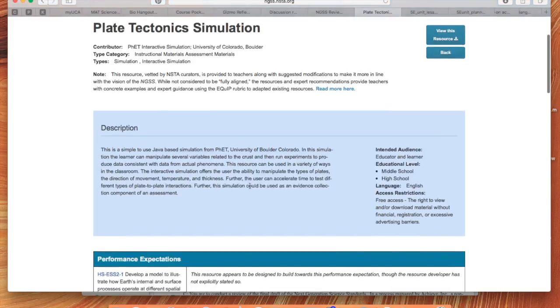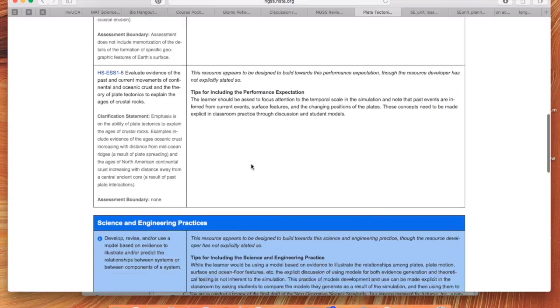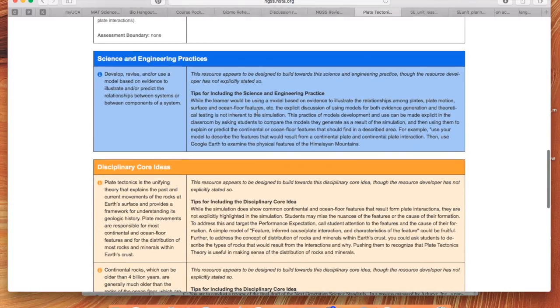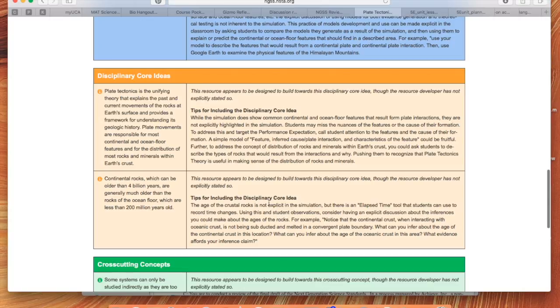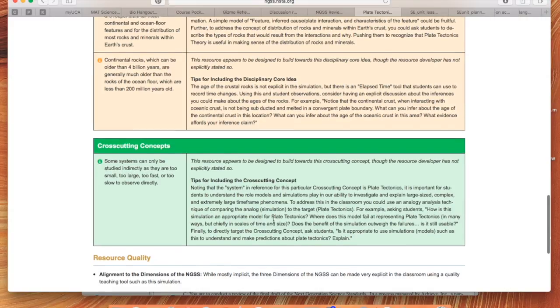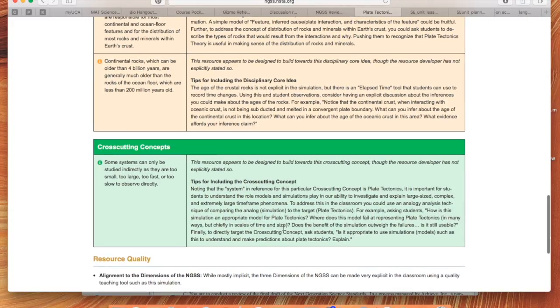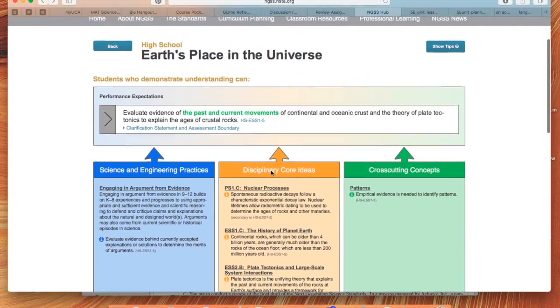And then here we go again, the performance expectation. Here's the information for the teacher. You have, again, the blue is the science and engineering practices, those verbs that students should be able to do. The disciplinary core idea is the content that they should be able to know. And then the cross-cutting concept is that unifying big idea that is linking this particular performance expectation to other information as well. And this one we said patterns were represented. So that's going on down